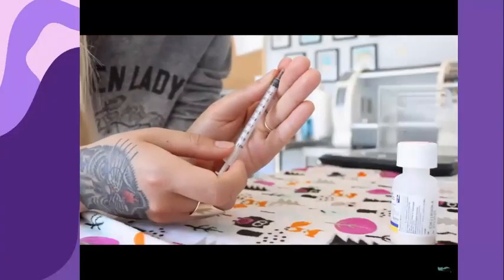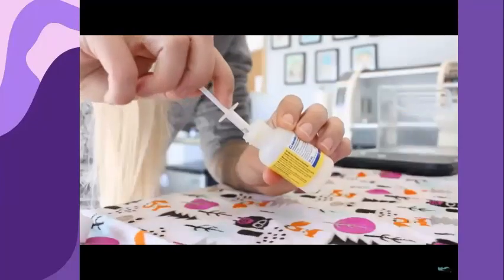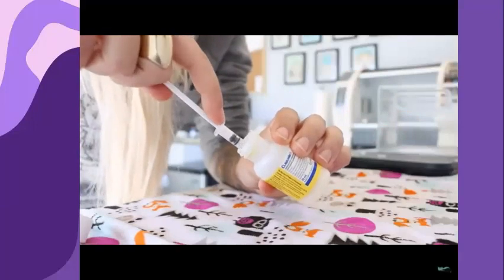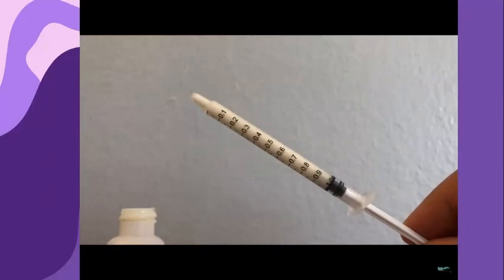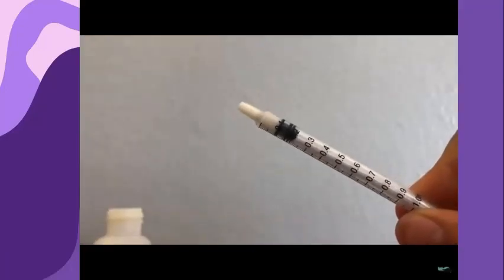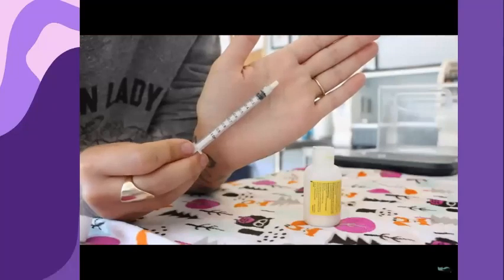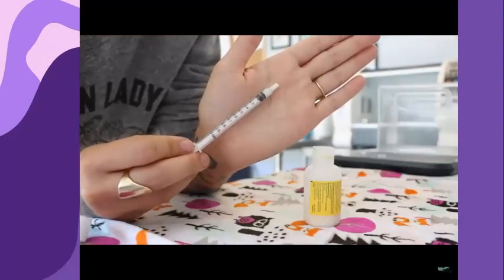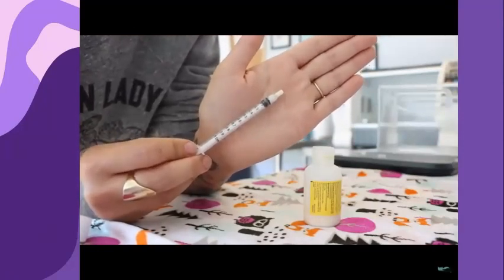I want to illustrate to you why it's really important to understand which dose you've been given. So with my 1 cc syringe, I'm going to draw up 1 milliliter. So here's what it looks like if you pull up 1.0 milliliters of medication. Now let's do 0.1. So here we have 0.1 milliliters of medication. You can see that 0.1 is 1/10 as much as 1.0. So if you've been given a dose of 0.1, it's really important not to give 1.0 because that's 10 times